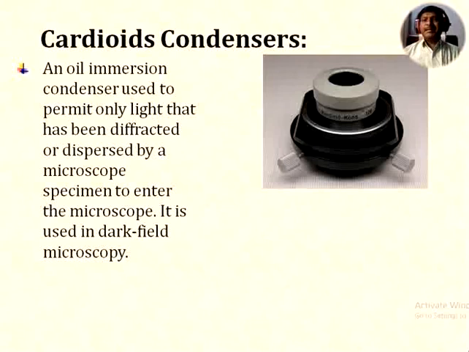That means in case of bright field microscopy, whatever organism is seen is colored and whatever background is seen is bright in color. But in case of dark field microscopy, the whole background or the whole microscopic field looks dark or blackish in color, and whatever organisms are present in the field, they are colorless and can be observed easily.